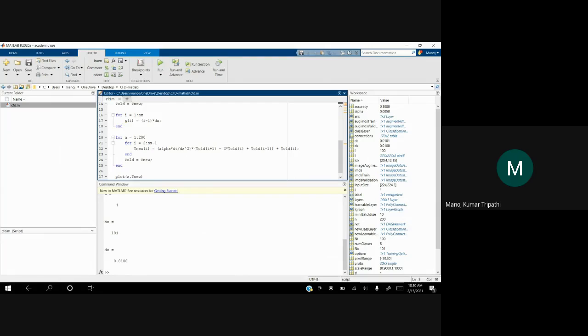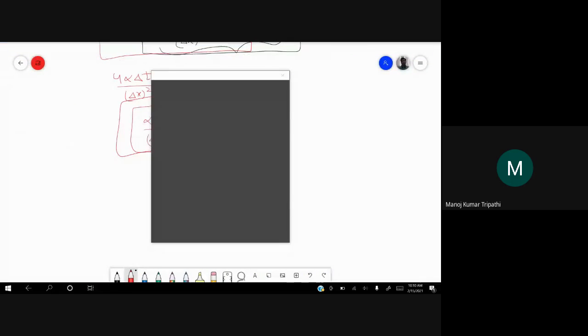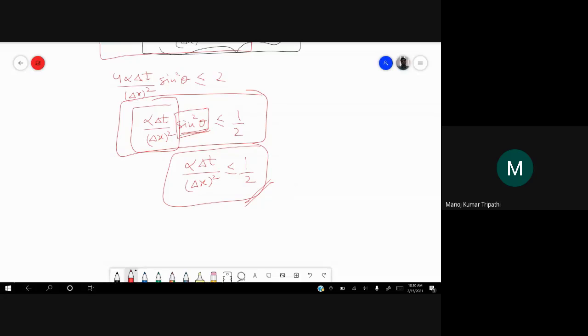The error is not growing very fast, it is not blowing up, but still there are some errors that we have seen. So it has to be less than half, then the solution would be stable, otherwise it is unstable. Okay,